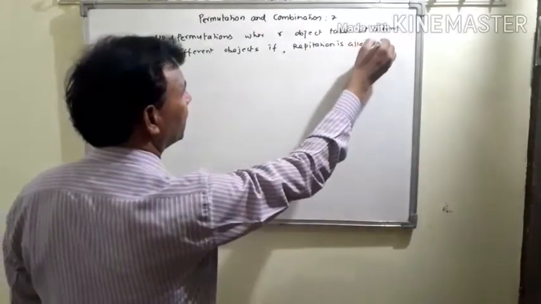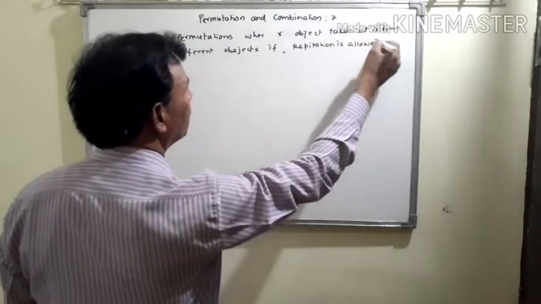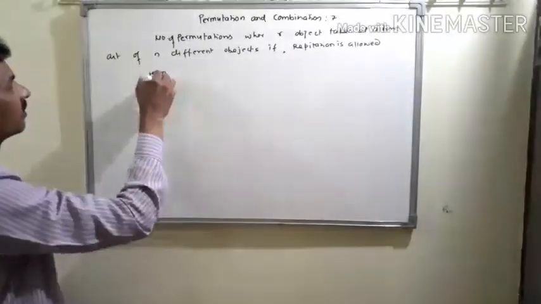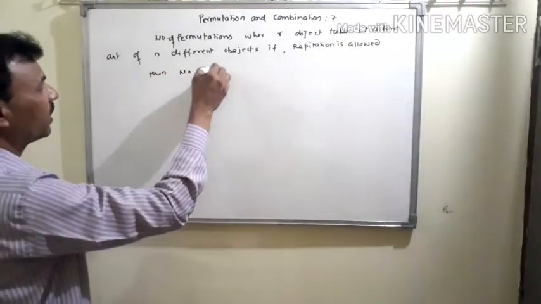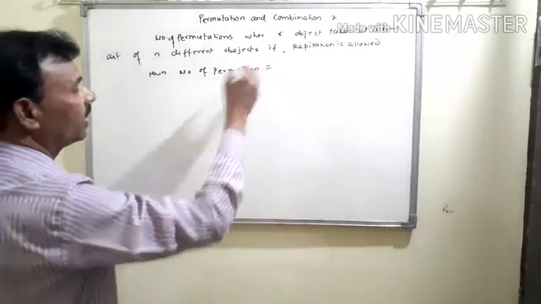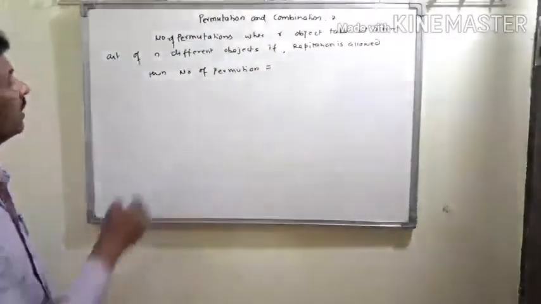If repetition is allowed, then the number of permutations is equal to...